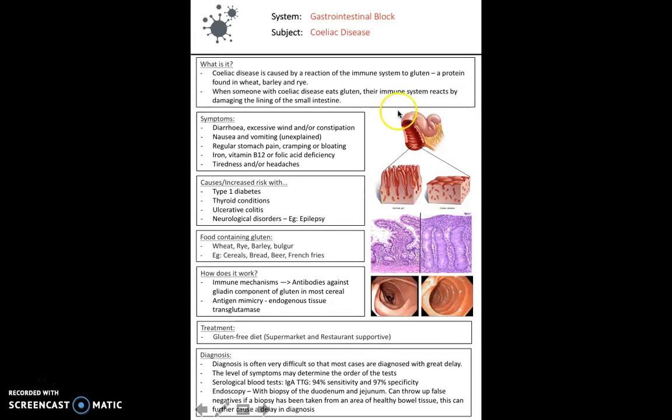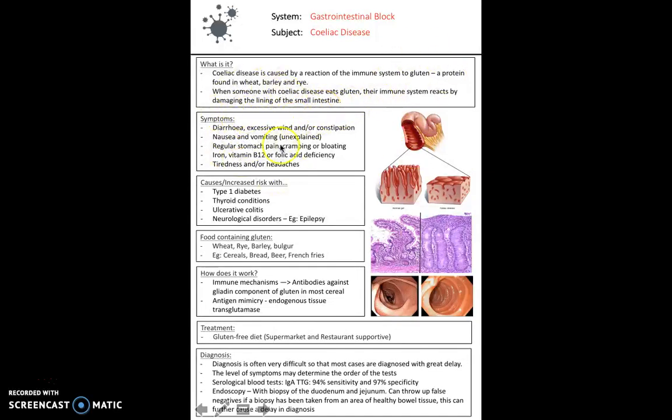Celiac disease is another thing to be aware of. So this is caused by a reaction of the immune system to gluten. So this is a protein which is found in wheat, barley and rye. It's extremely restrictive in terms of what someone can eat. So when someone with celiac disease eats gluten, their immune system will react by damaging the lining of their small